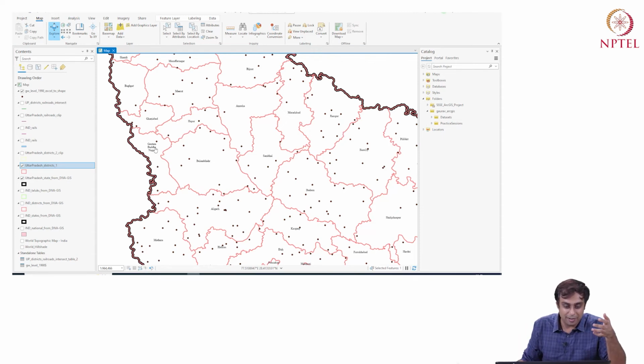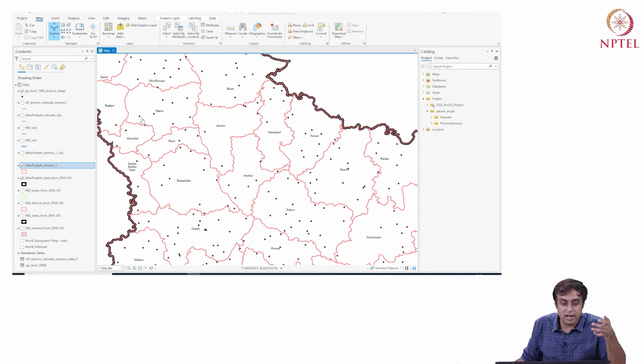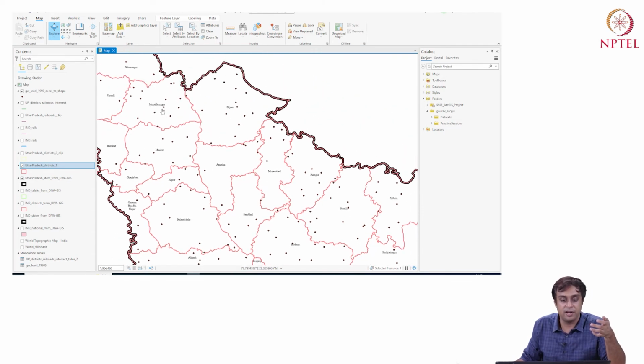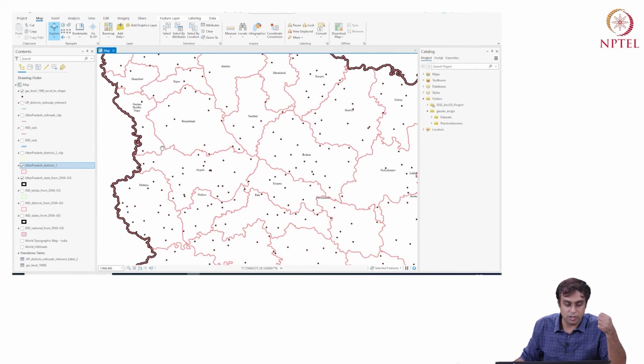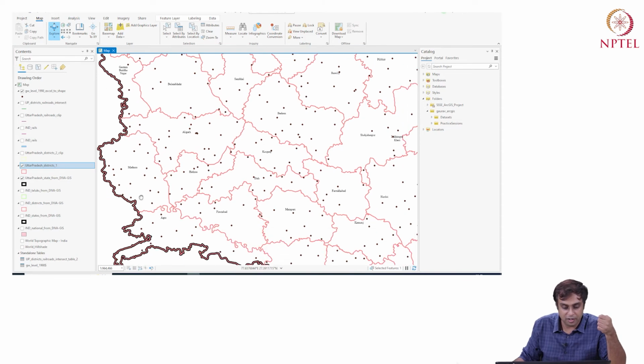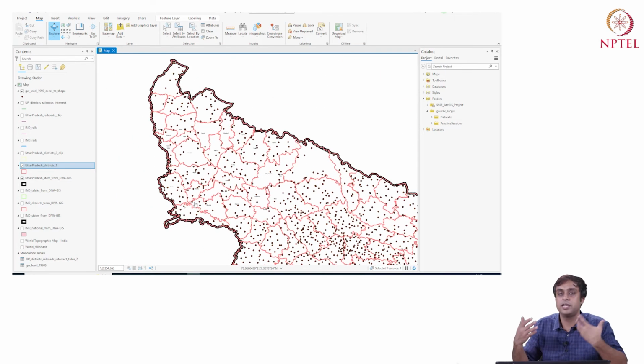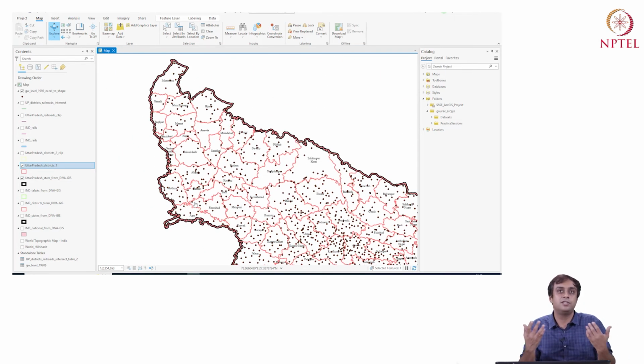There are, let's say, 3 wells in Gautam Budh Nagar and 3 wells in Ghaziabad. But by contrast, Meerut has many more wells, Muzaffarnagar has many more wells, and so does Bijnor and Hapur and Bulandshahr and so on, and for that matter, Mathura. So these are some interesting things. They are starting points in a research journey.